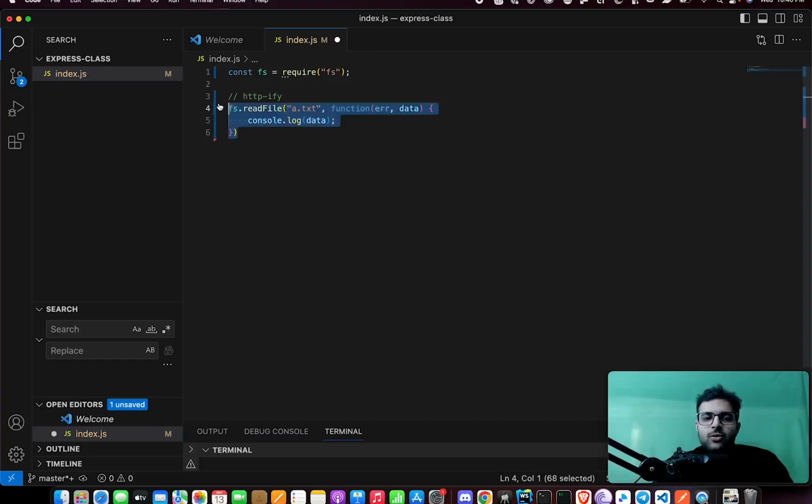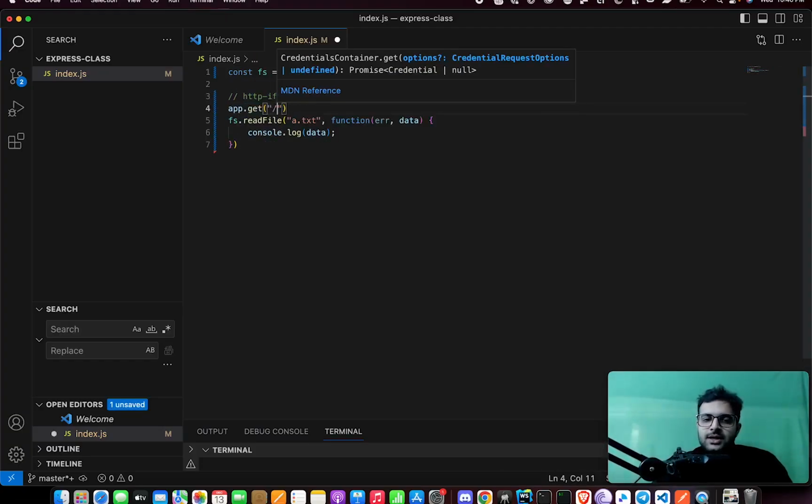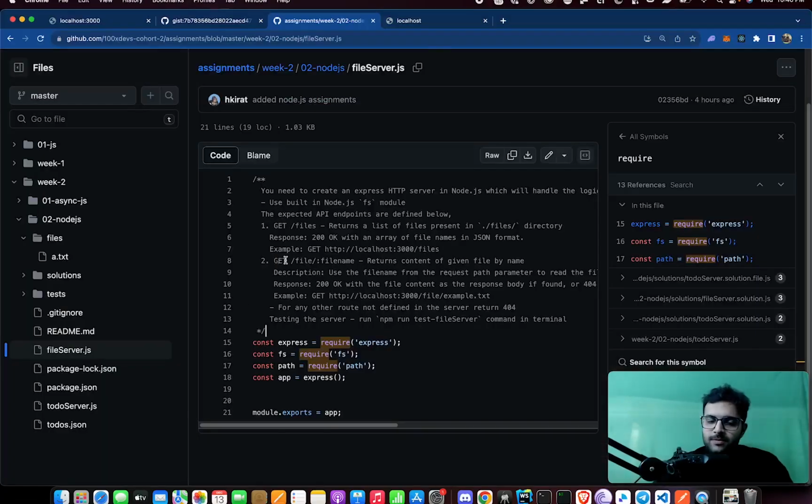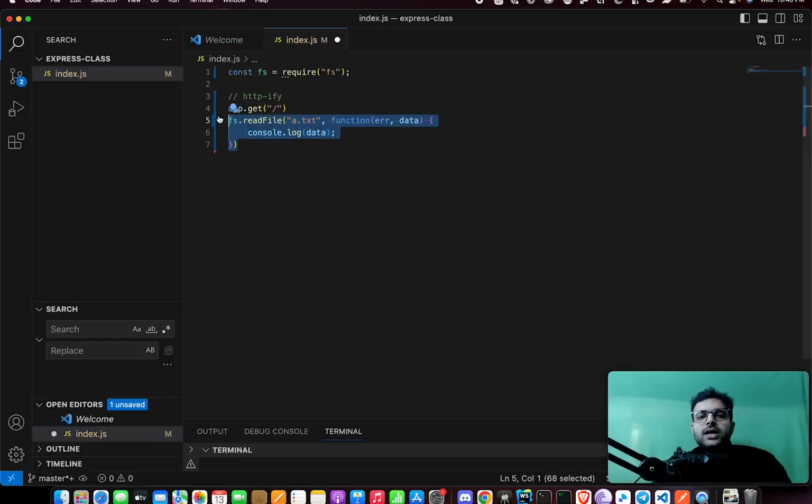Okay, bhai, put this inside a bunch of app.gets, based on the requirements here, and expose this functionality over HTTP. That's effectively what HTTP servers are, right? Be it ChatGPT server, be it our hospital management system that we created. All of these are just simple logic exposed over HTTP, and fs.readFile already gives you the logic to read